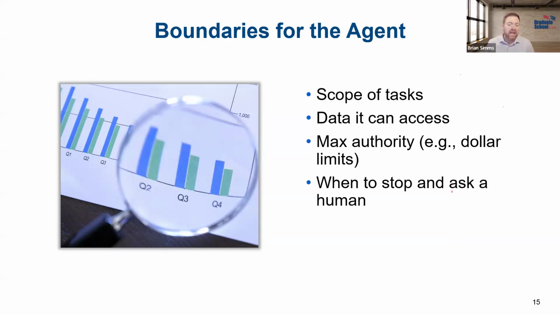And lastly, that boundary to set is when to stop and ask a human. Every agent should have conditions under which it pauses and hands off something to a human, right? This is not a failure state, as I mentioned before. This is a feature, right? Because this is what it's built to do. You do that repetitive thing and then pass it off to me. So again, I'm freed up for these higher value tasks.